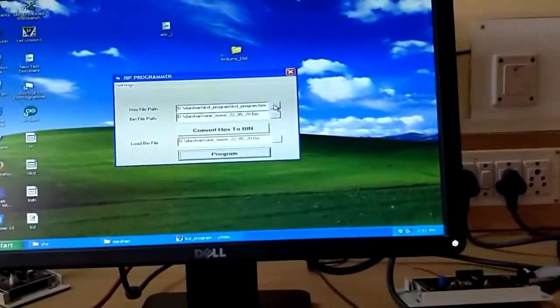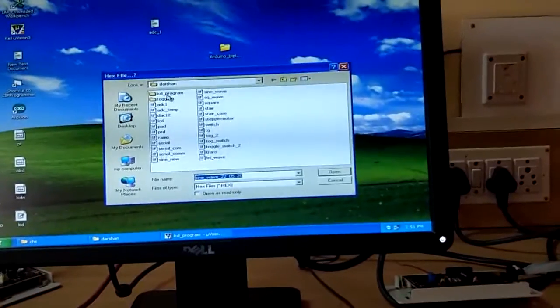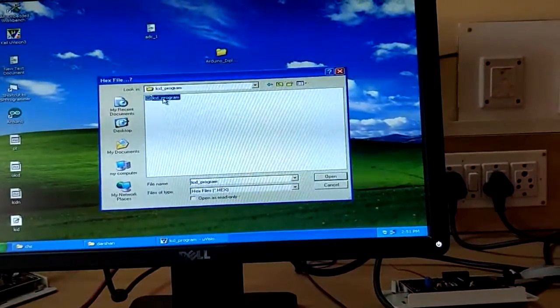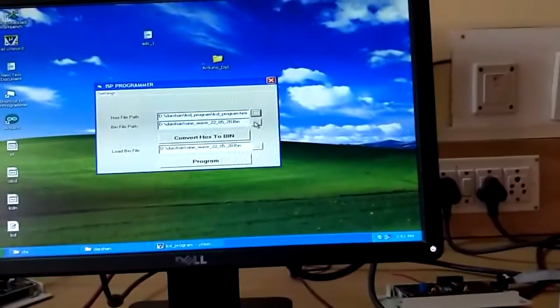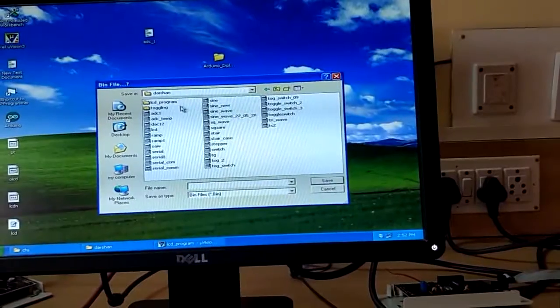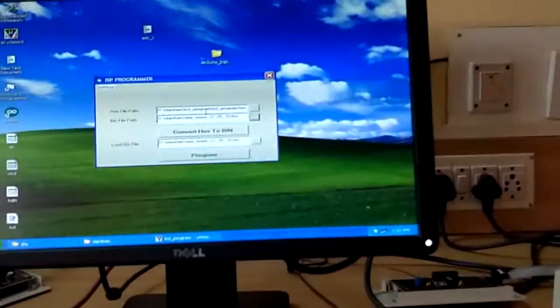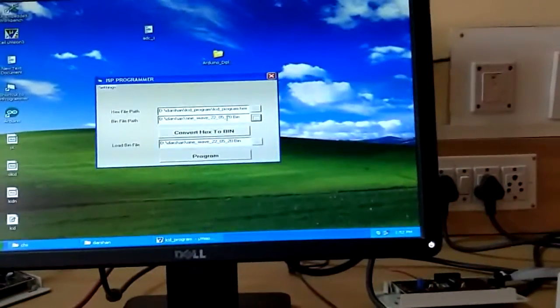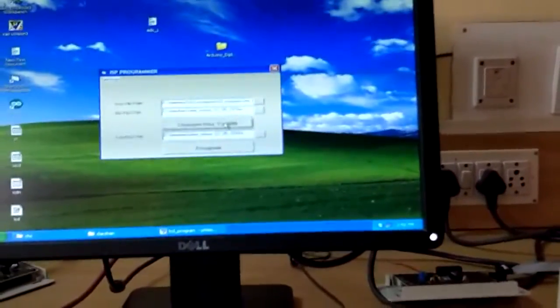Now browse the hex file that is generated in the Keil software, and where you want to save it, give a specific name, save it under your folder, and click on convert hex to binary file.